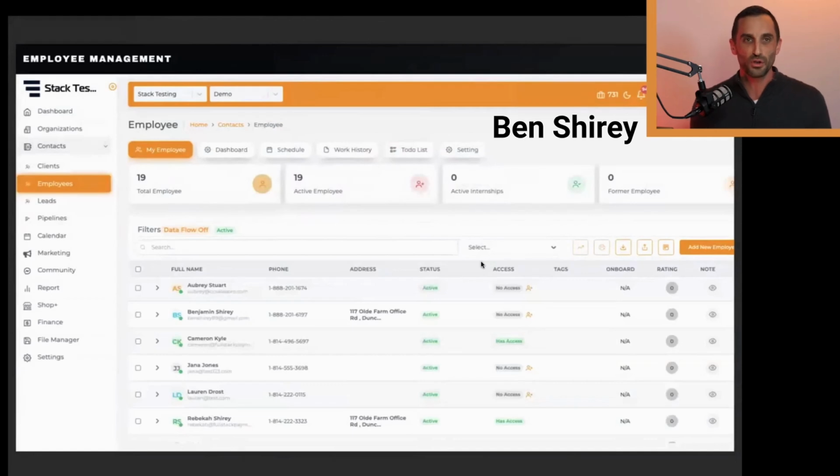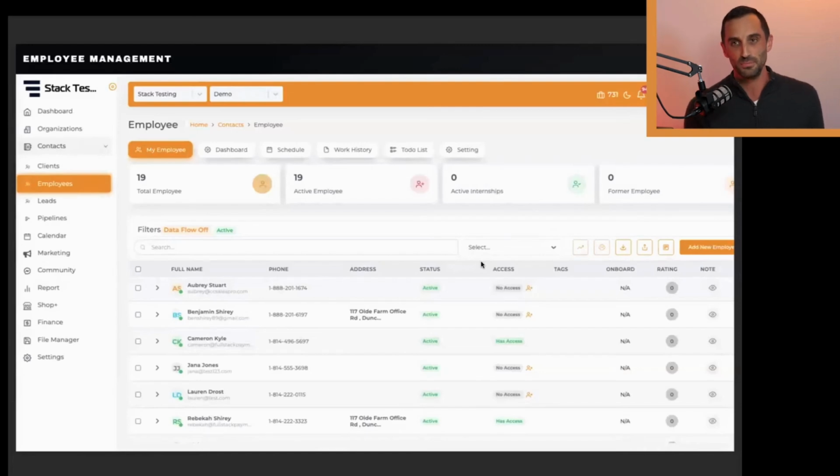So that's just a quick walkthrough of the appointment and how you would interact with it, the customer's view and the employee's view. From here, I'm going to spend a couple minutes going through employee management. Again, this is such a big part of appointment-based businesses, being able to go in and create your schedules